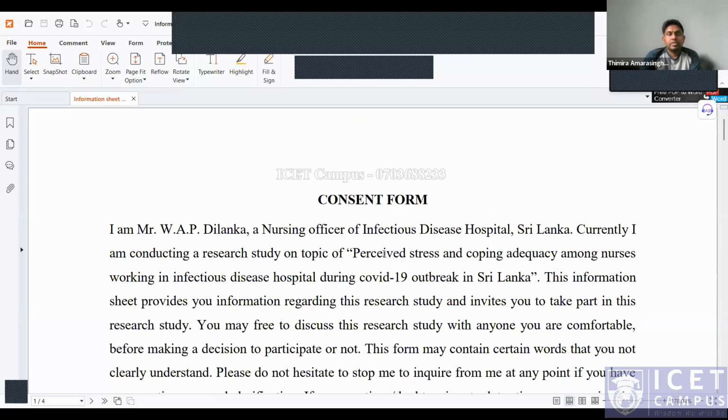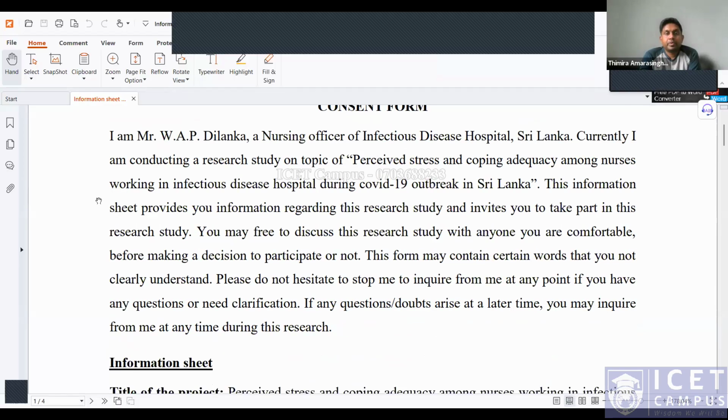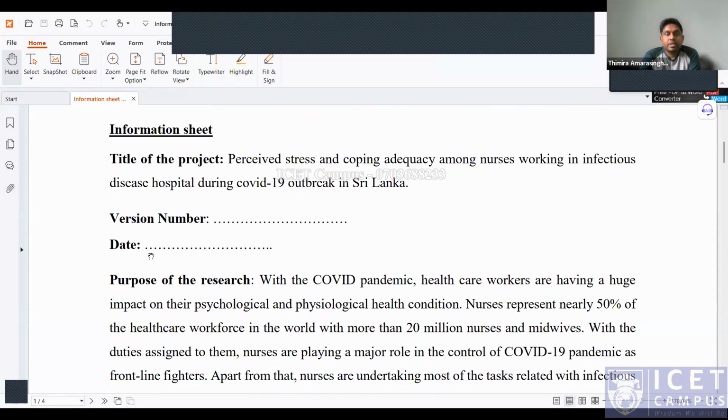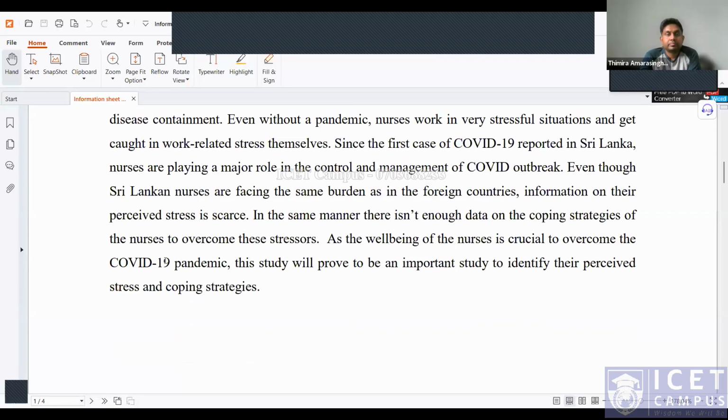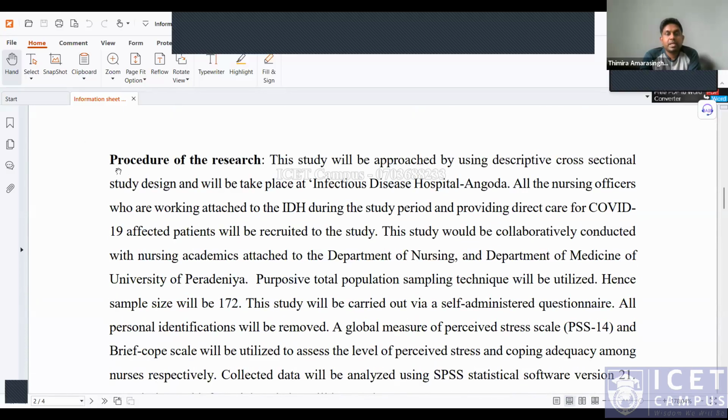Right. So this is the consent form. This is an example consent form, including the information sheet. In the first part, a brief introduction regarding the investigator is given, and then the information sheet starts. So it tells the basic things regarding the purpose of the research, and procedure, what is being done, what we are doing with the participants,